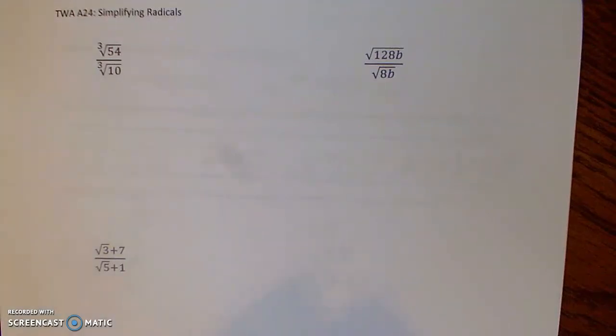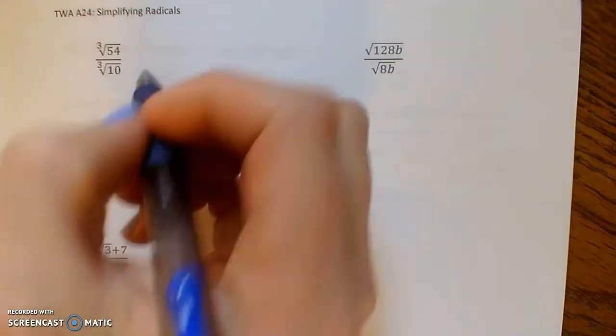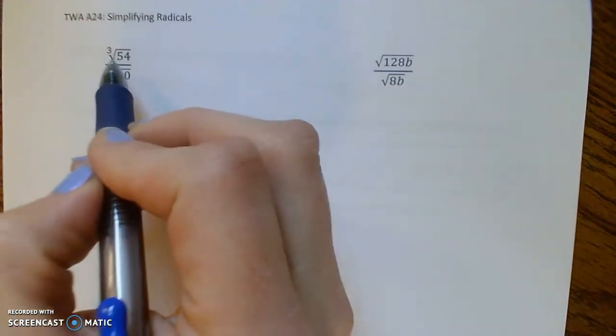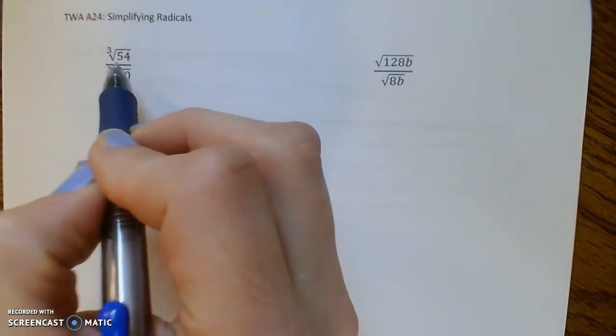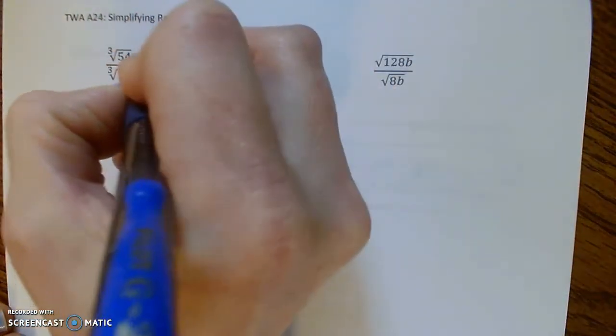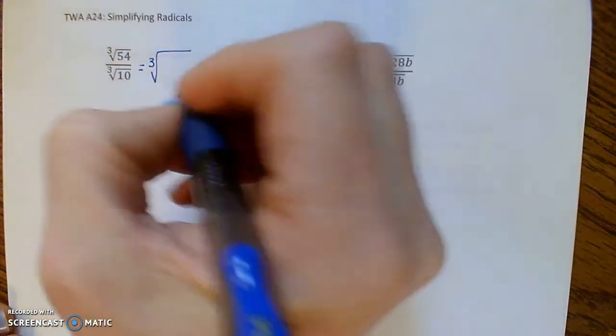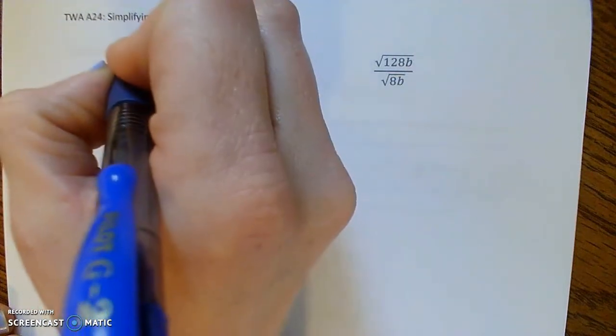All right, these last three examples are going to be a little tricky, so we're going to remember some of our strategies. Here I've got the third root of 54 over the third root of 10. First thing I'm going to do, do the easy things first. Can you simplify 54 over 10? Well, actually you can, because